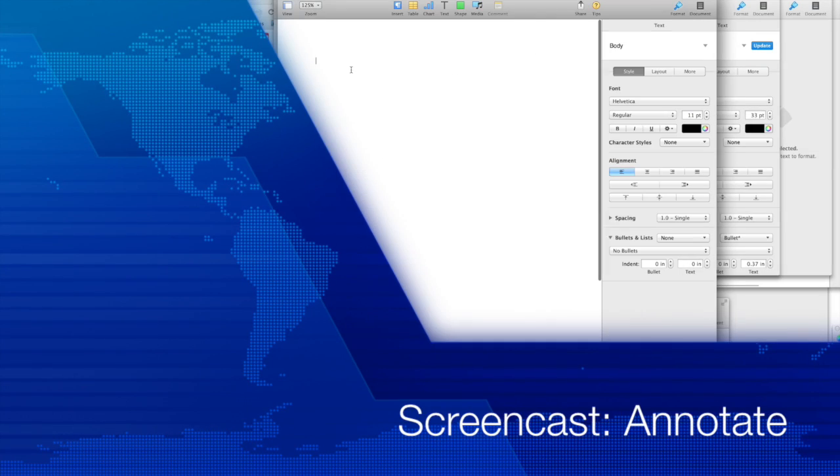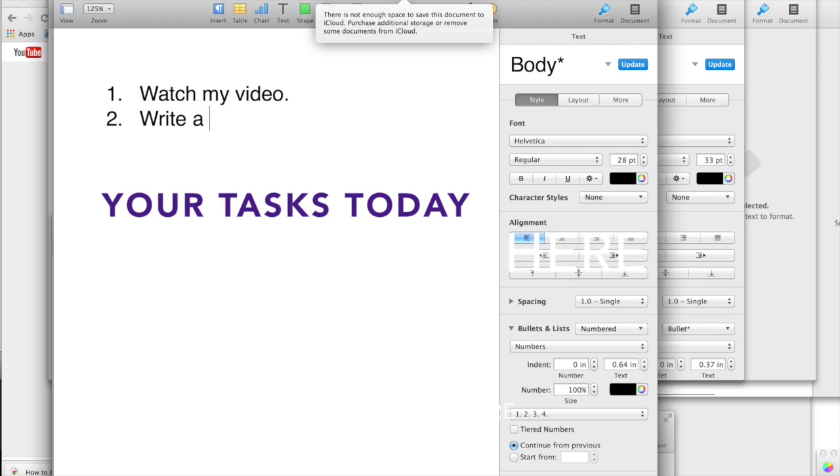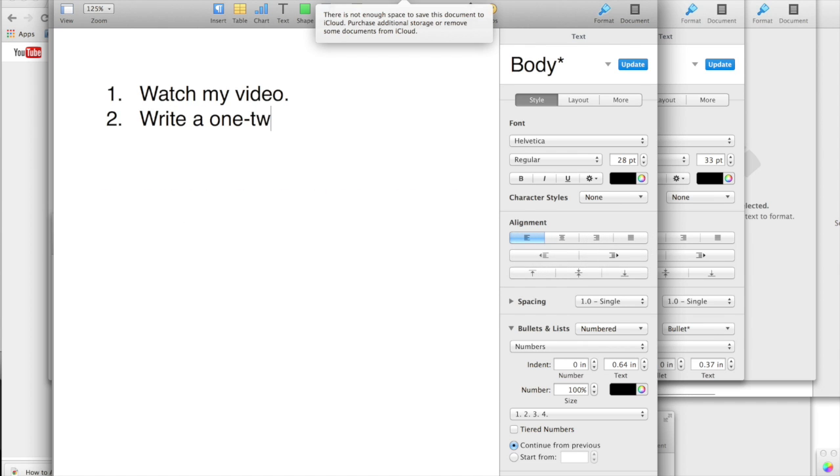Page. So this is your job today. Number 2, write a 1 to 2 page script. And if you want to, you can use the yellow piece of paper. It's back by where the pencil sharpener is. So you're going to want to write a 1 or 2 page script